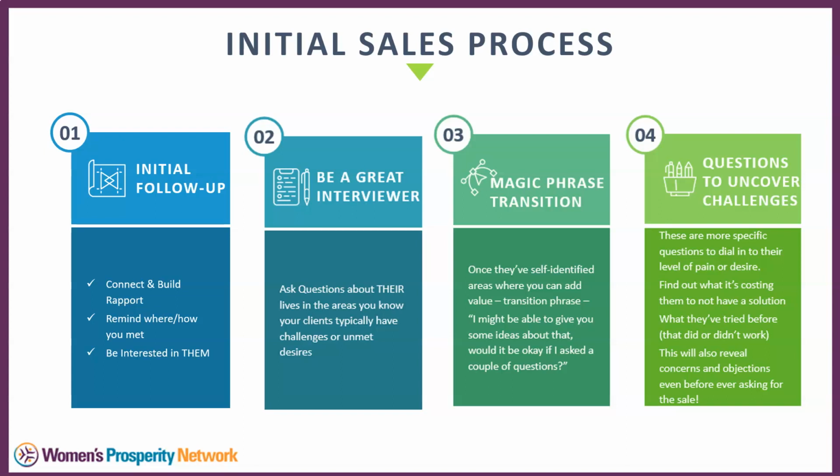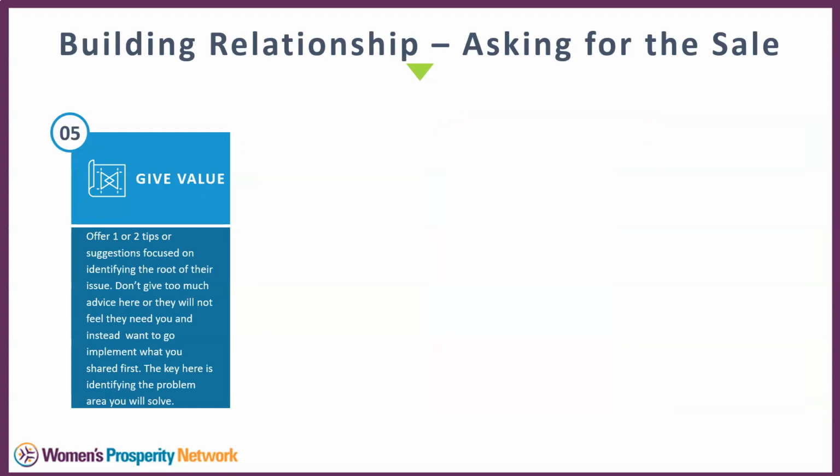Once you're in this process, you've built relationship, you've built rapport, the person has self-identified they have a challenge that you could provide some value to. We then move into stage 5 of building the relationship and asking for the sale, which begins with providing some value. Oftentimes in this phase,